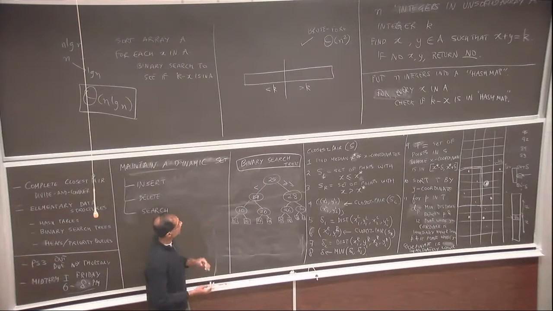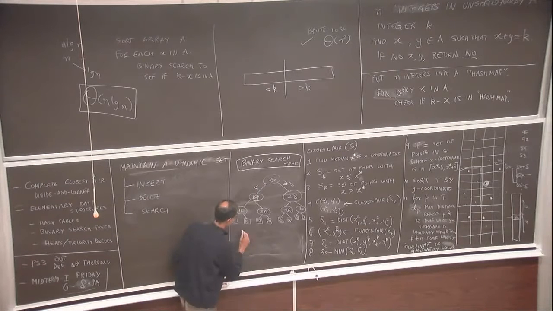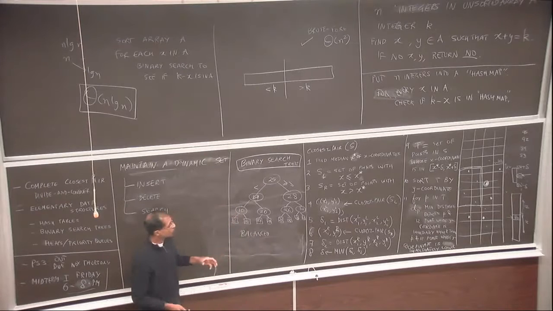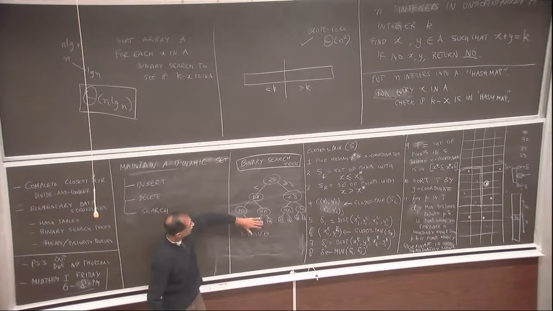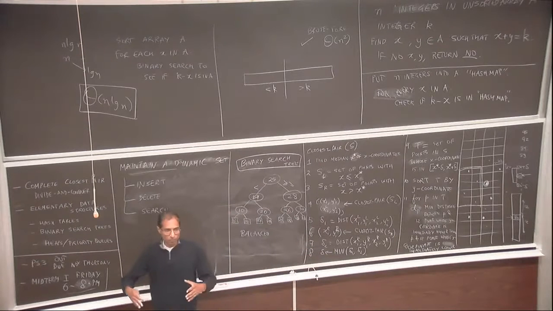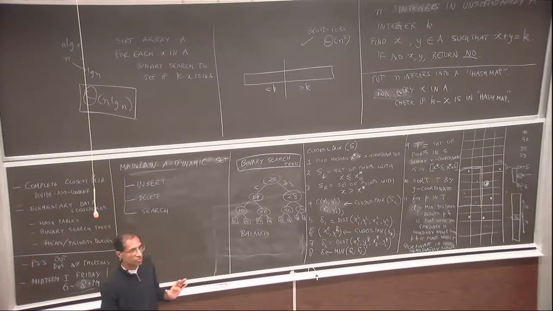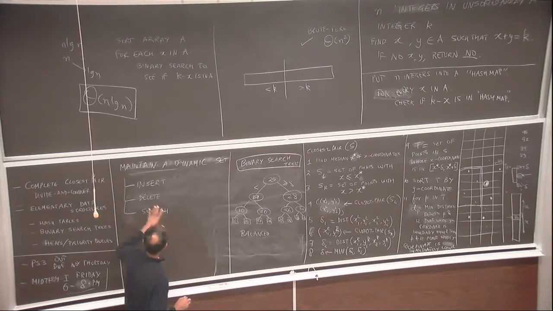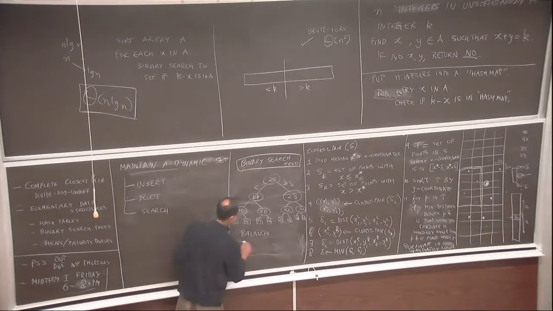But one main thing is you want to keep your binary search tree balanced. Because if you start removing all the elements here, and then you start adding all the elements here, and you keep growing the tree, then the running time becomes pretty large. So there are standard data structures for managing heights of binary search trees. We are not going to go over binary search trees, but the idea is what a binary search tree allows you is to maintain a dynamic set in which insert, search,